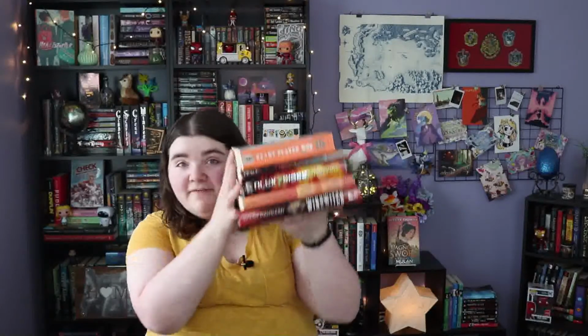Alright, so orange is a pretty hard color to pick some books for, but I did manage to find 5